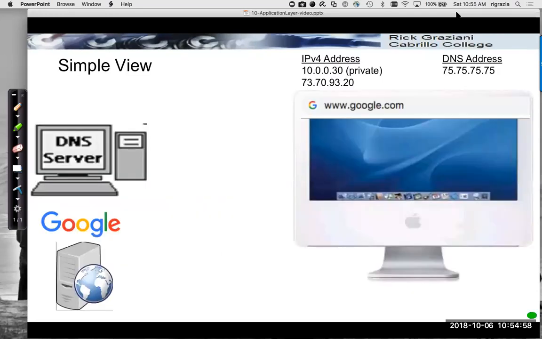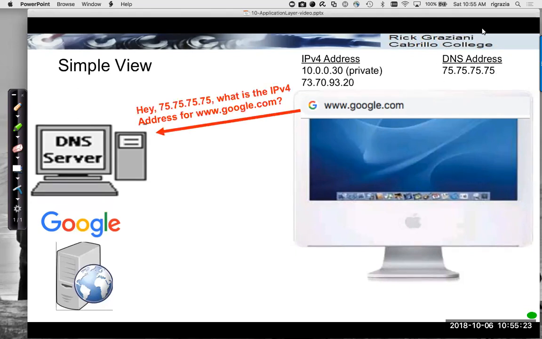So the simple view is we have a device on the right and we've gone and typed www.google.com. Well, it doesn't know the IP address, in this case we're just using IPv4, of google.com, but it does know an IPv4 address for its DNS server, which is 75.75.75.75 that you see in the upper right here. Okay, so it asks that server, hey, 75 quad 75, what is the IPv4 address for google.com? And the DNS server will respond and say, oh, that can be found at